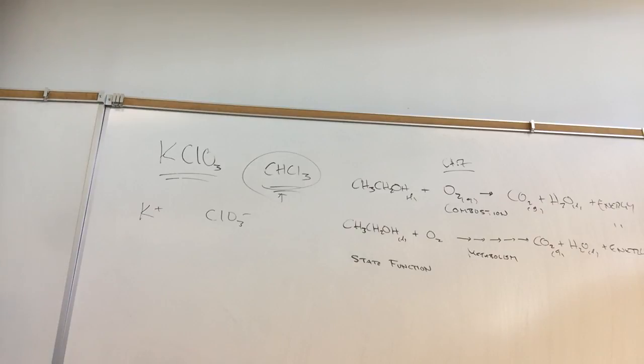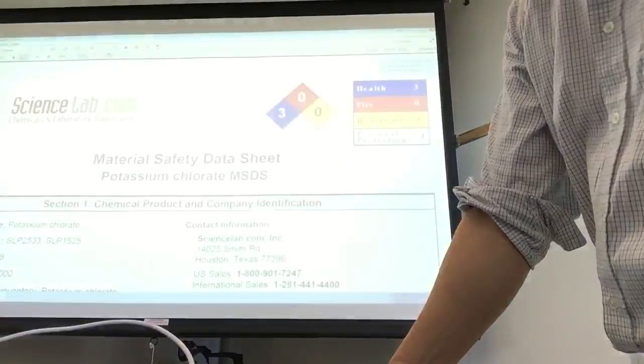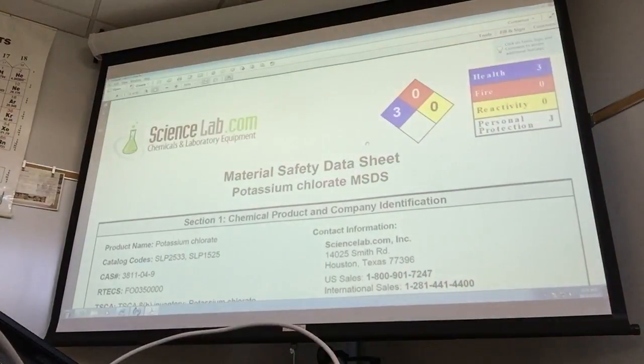It's not a reducer. This is on the opposite side. This is an oxidizer. The fire rating's extreme here because you can have a nasty fire if you mix this with a reducer. And so somebody who pours ethanol on something like this is just asking for trouble. But in Chem 1B, I've seen it all. And in fact, even in Chem 1A, but much less so.